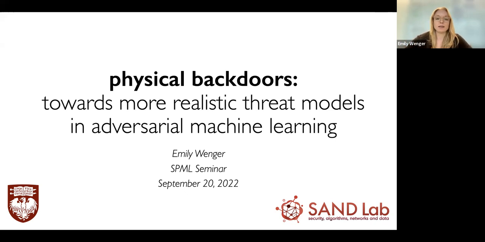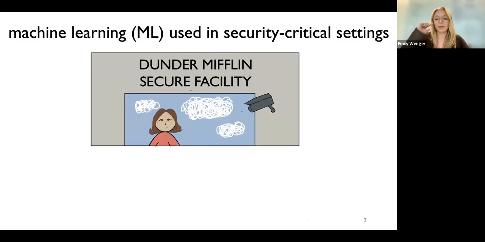And yes, as was said, I'm going to present to you our work on physical backdoor attacks, and also hopefully a more general perspective on the value of pushing adversarial machine learning attacks and threat models into the real world to find new and useful angles on these problems. So before I dive into the nature of our work, I just want to set the stage for why it matters and where we're targeting.